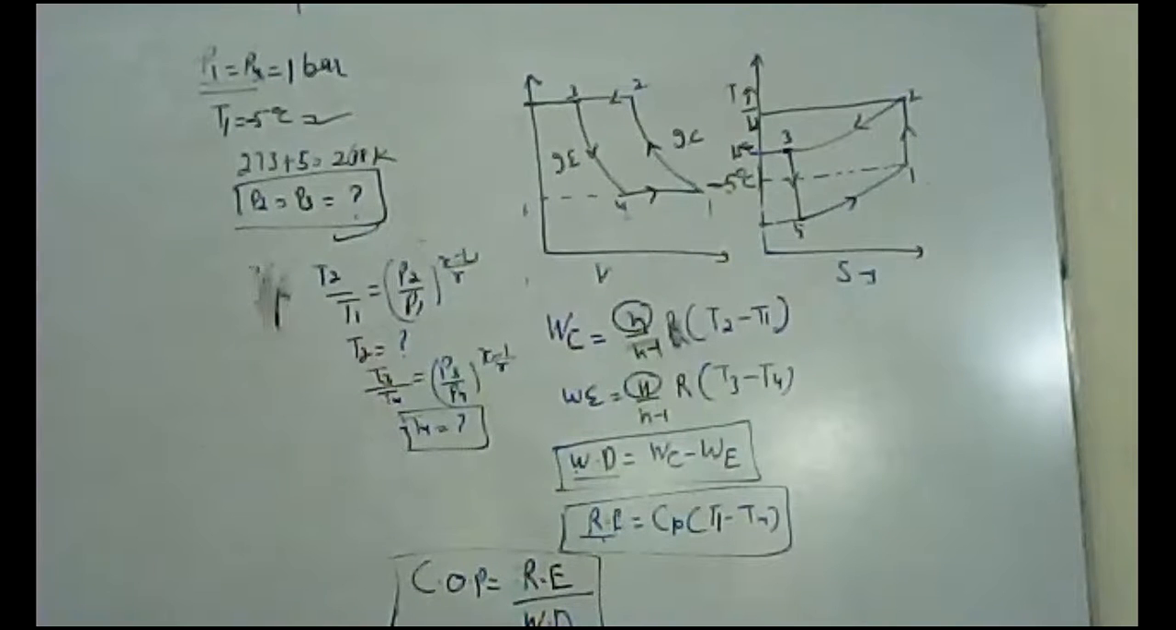So the answer is Bell-Coleman cycle. Next poll. In the PV diagram of the Bell-Coleman cycle, the 1 to 2 process is known as